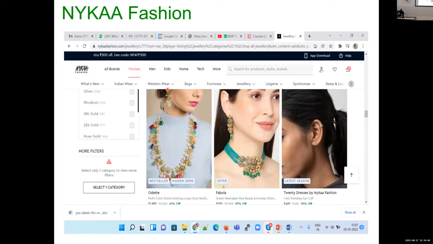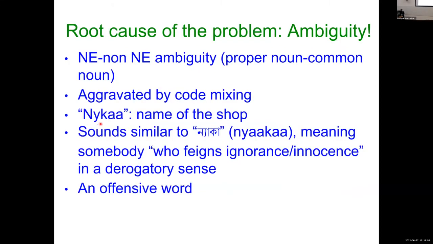There is a fashion shop called Nykaa, N-Y-K-A, which is a very famous industry in India, and they are doing very well also. Now, because of some curious coincidence, Nykaa is also homophonous with a Bengali word, Naka, which means a pretentious person, and a person who feigns ignorance, and this is a derogatory word. Now, a named entity